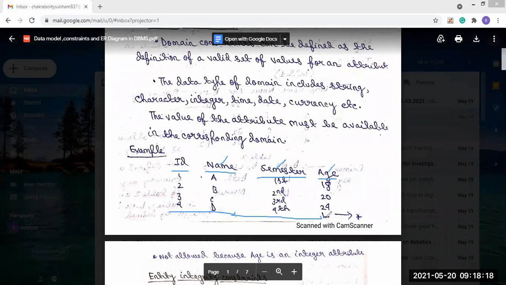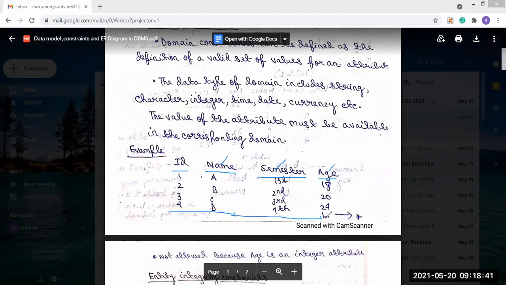But we have put a star. Then this is a mismatch of the data type. This cannot be done. If this occurs, then we can say that it is opposing the domain constraint.